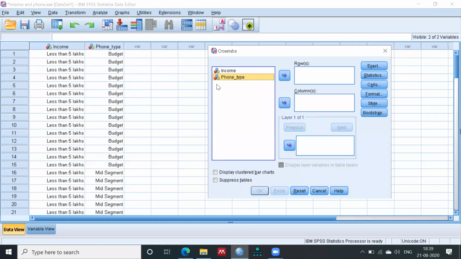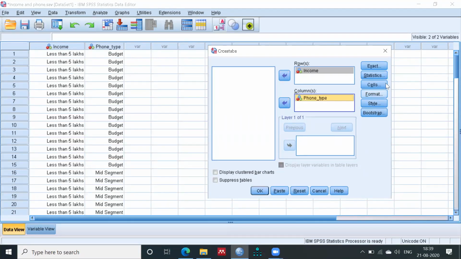Theory says income is the independent variable here. Phone type is dependent on income. So I will put my income in the rows and phone type in the columns, right?